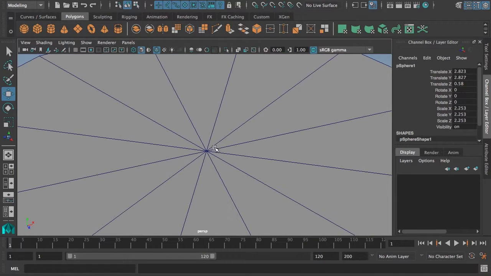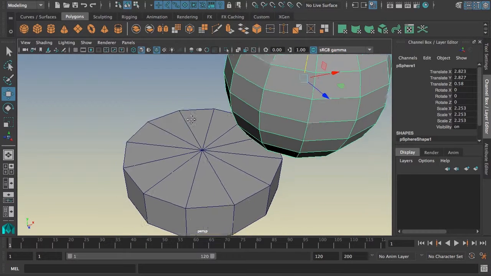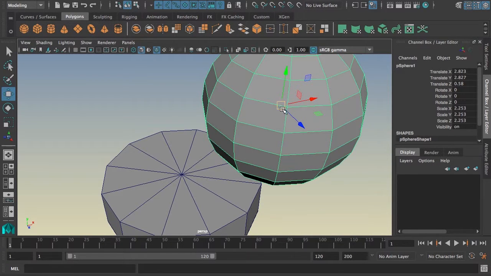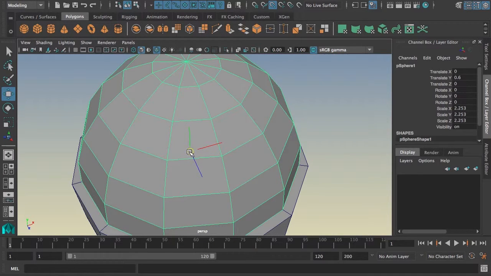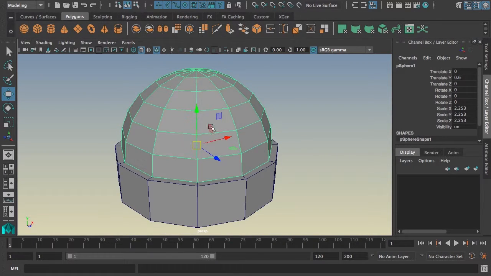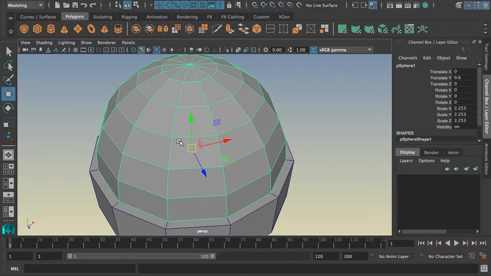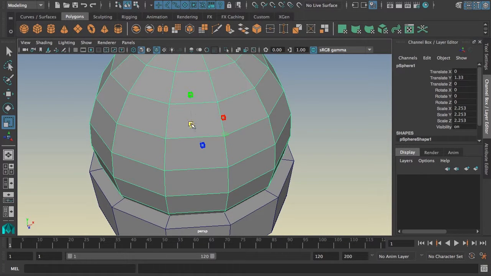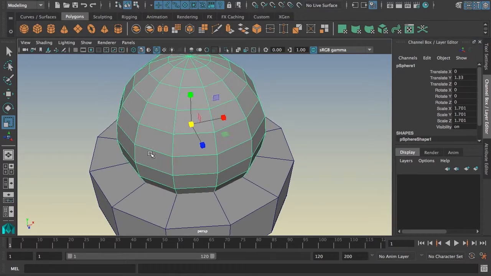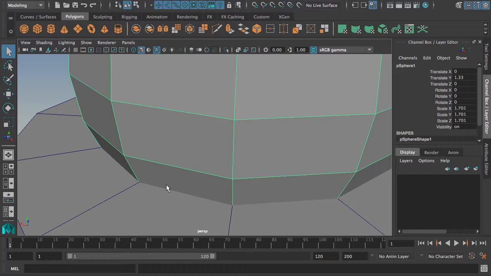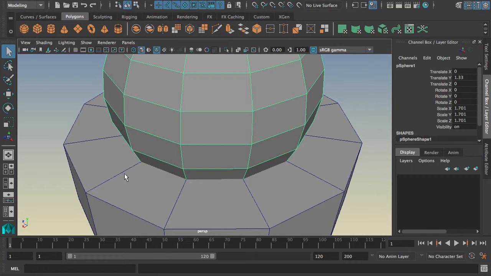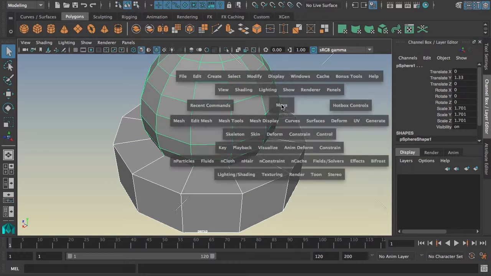That's fine. Okay, so I'm going to hold down the V key, make sure we've got the middle square selected so that this can be moved in all axes. Hold down the V key and middle mouse click on that vertex. And now I know that I've snapped this sphere right to that vertex. I can move this up, scale it down. But what you'll notice now is that all of these edges are perfectly lining up with the edges between the sphere and the cylinder. So now when I do the Boolean operation, Mesh, Booleans, Difference,